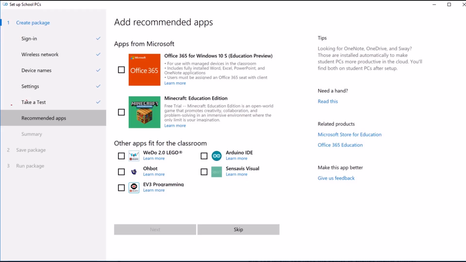We can enable take a test, which is an option wherein the device gets locked down in a kiosk mode, if you would say it, running just a browser wherein a specific URL is opened. And then we can install applications as well in the provisioning package itself. So over here you can see I can select this Microsoft Office 365, or I can select Minecraft, or I can select any other applications,